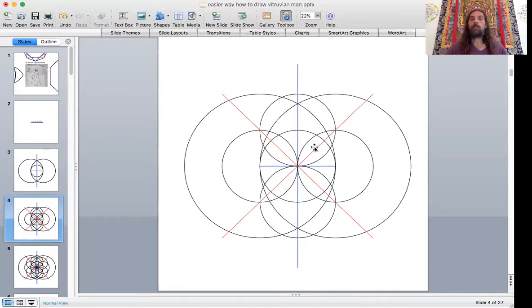So for the next piece, we are going to draw 4 more circles to the same diameter so you don't have to reset your compass. You're going to position them on each of the cardinal directions here, and you're just going to make sure that circle meets in the middle here and go around 4 of those all the way around. And after you've done that, that's going to give you these 4 petals, which Leonardo did a lot of,